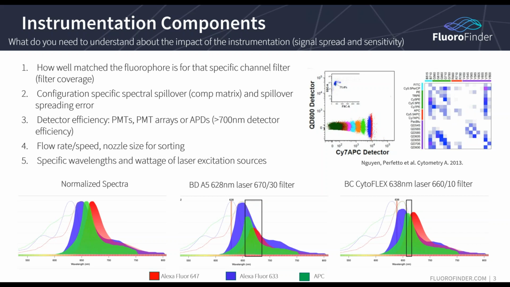And so they shut it down to only a 10 nanometer bandpass filter. However, it's directly at the peak of only APC. So actually using Alexa 633 or Alexa 647 on the Cytoflex with this particular laser may not necessarily be your best choice. So on our SpectraViewer, you're able to do exactly what I did here, which is choose the particular